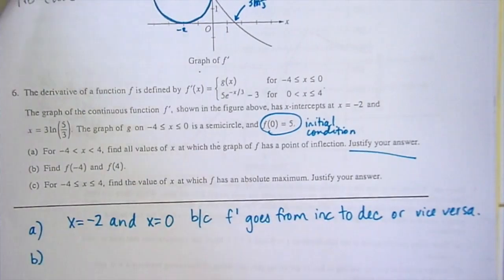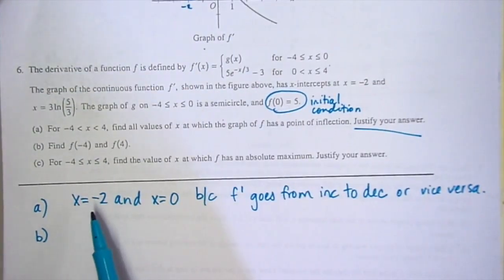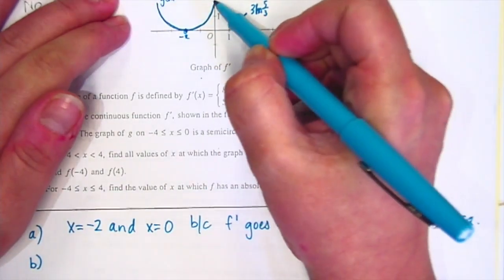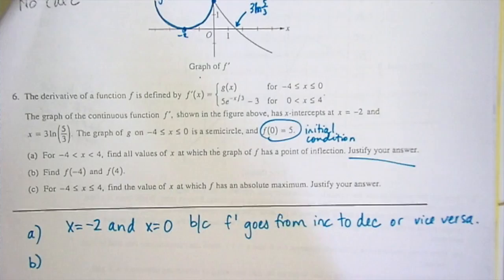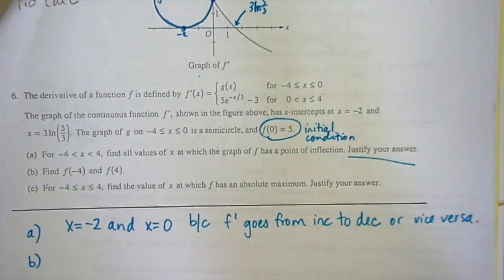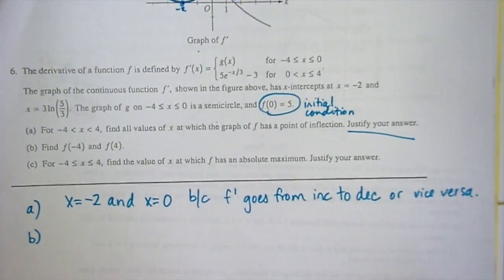Okay, so getting back to page 9, this is week 3, the first free response. We had gone over why a is negative 2 and 0, right? That's because that's where we have a min and a relative max on the function, and our justification is because f prime changes from increasing to decreasing or vice versa. That's quote-unquote the easy part. Now we're going to go ahead and talk about the hard part, part B, where we have to actually calculate